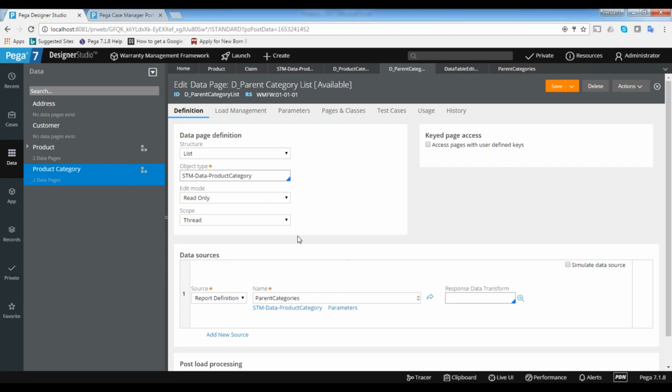Now I will use this source for the drop down. I can use a database as a source for the drop down. This parent category I will use for the first drop down. For the second drop down I will use the subcategory, which already exists. For the product list I also have a database. I already have three data sources for the drop downs, which we will configure tomorrow.